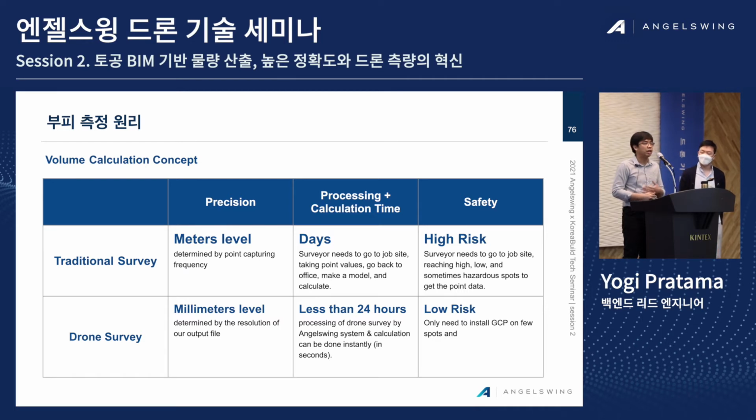But with Angelswing, the precision is only limited by the resolution of data that you use. 저희가 저희 플랫폼에서 제공하는 부피 측정 기능과 또 기존의 현장에서 많이들 사용하시는 그런 부피 측정에 대한 원리를 에 대한 차이를 보실 수 있는데요. 첫 번째로는 정확도 차이라고 보시면 될 것 같습니다. 기존에는 측량사가 GPS 장비를 현장에서 직접 들고 위험한 현장에서 또 GPS를 들고 찍는 점과 점 사이에 그런 오밀조밀함이 부족했기 때문에 미터 단위의 그런 오차가 났다면 저희 플랫폼에서는 픽셀 단위, 즉 밀리미터 수준의 그런 오차를 보여준다고 보시면 될